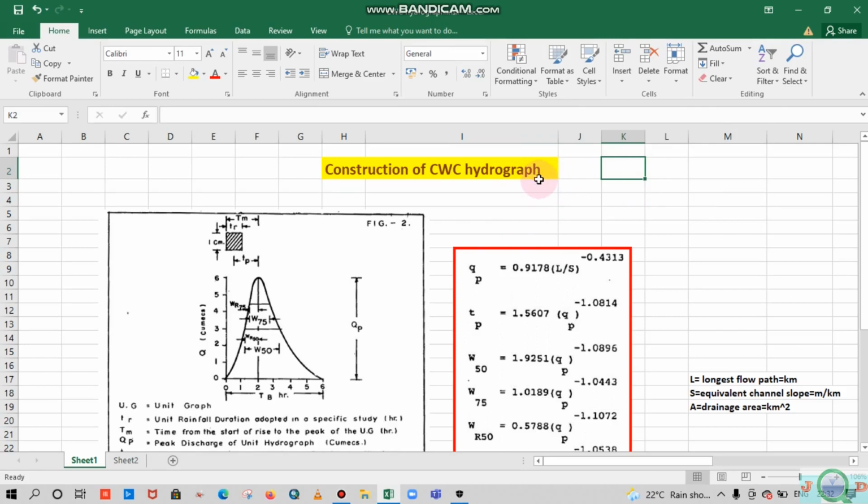In this video, we are going to learn about the construction of the CWC unit hydrograph. The CWC unit hydrograph was developed by the Central Water Commission of India after a detailed study of different watersheds across India. So they went to this